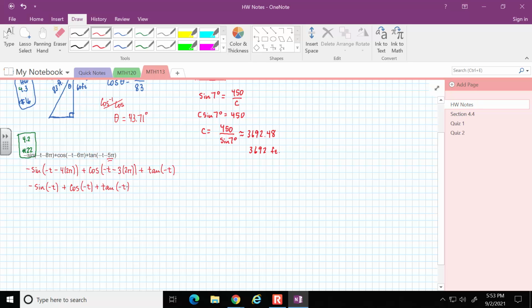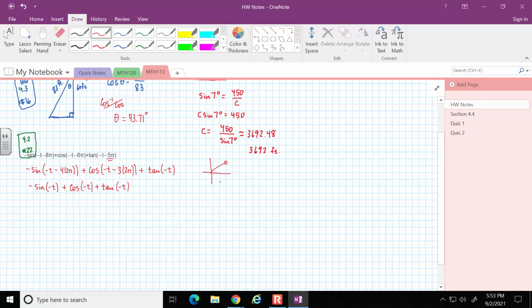Okay. So any even part of pi that I've added or subtracted from the cosine, you can just get rid of. And any whole number of pi that I've gone as far as tangent is going to get rid of it. So the next part of this is really, well, what do I do with that negative t that's in sine, cosine, tangent? And if you go back, from that first section, we talked a little bit about this. If I have some angle, say t,